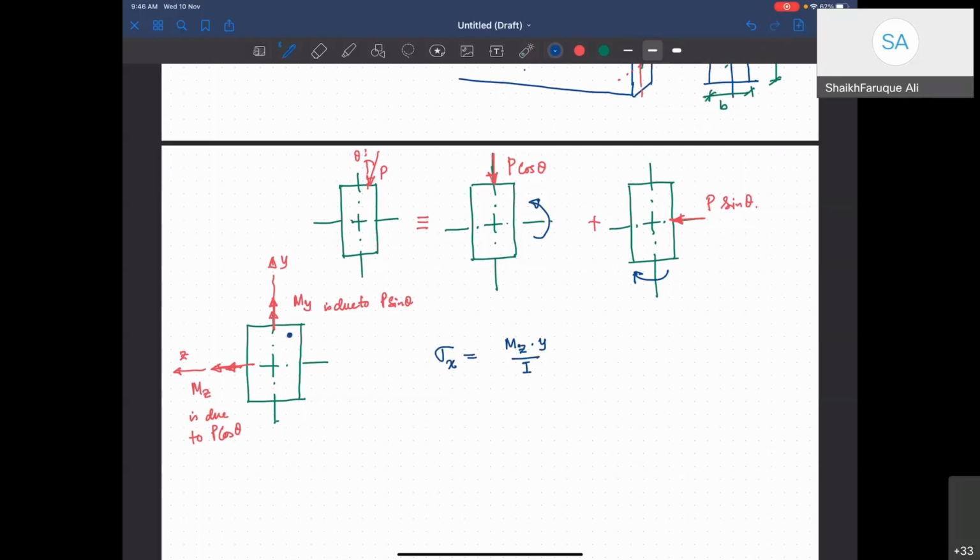Or let us consider a point which is positive both sides. Okay, that will be a better idea. Let us consider a point which is positive x and positive z. This point is y comma z, positive y and positive z. So at this point, your stress is going to be Mz y by I, and remember that there will be a minus sign here. This is minus Mz y by I, because for this moment the upward side is compressive. So this point is going to be compressive. So it's minus. Now for the other load, this one,